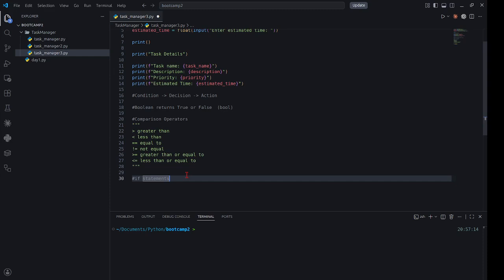Okay, great. Remember that if statements and comparison operators go together most of the time. For example,